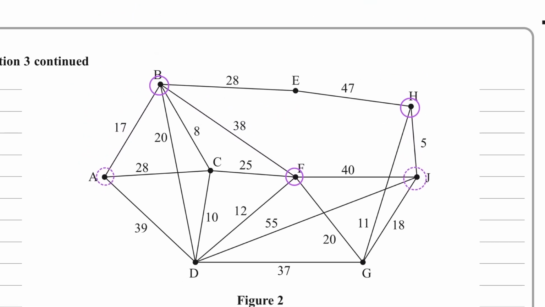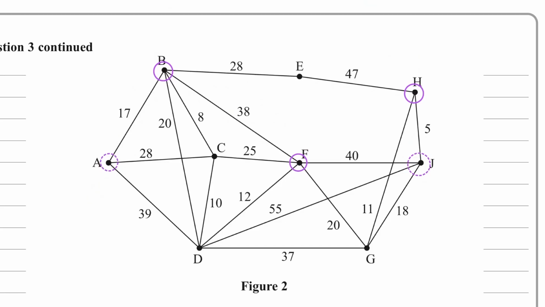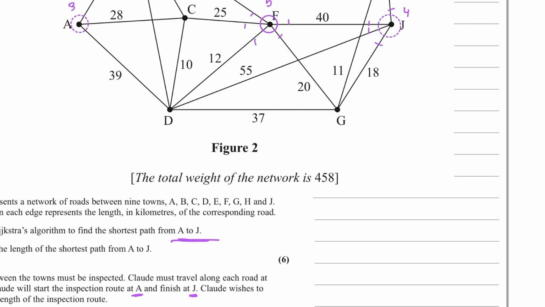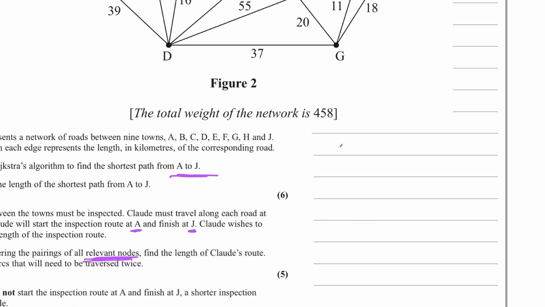So if we go over here, I've already circled the odd vertices, and the dotted ones are the starting and ending vertices. So we're going to start at A. A is also odd. Let me just write the number of degrees. So A has 3. This one has 1, 2, 3, 4, 5. This one has 1, 2, 3, 4, 5. This one has 1, 2, 3, 4. This one is 4, which is even. And then we've got 1, 2, 3, so this one is odd as well. So now for the consideration, we want to consider